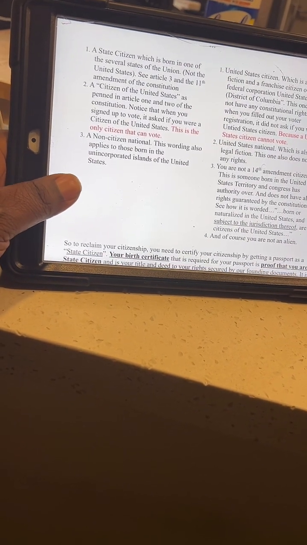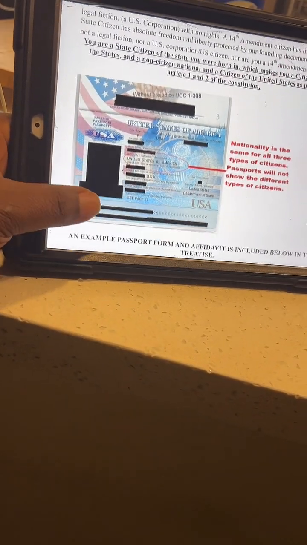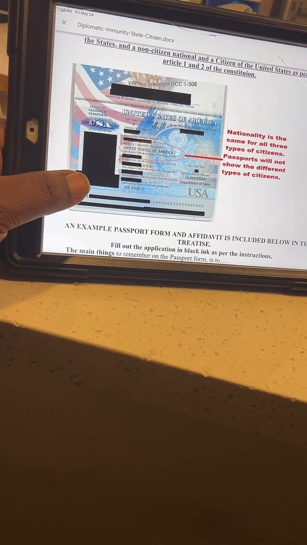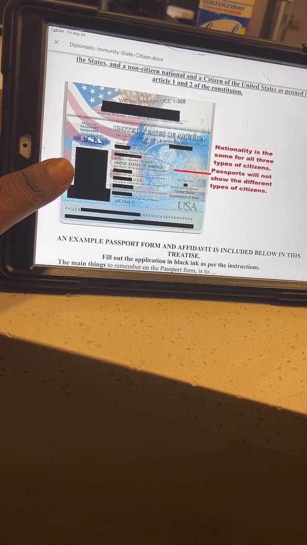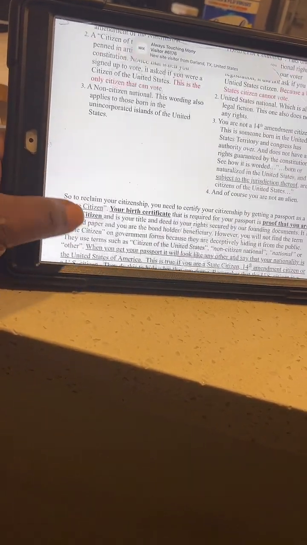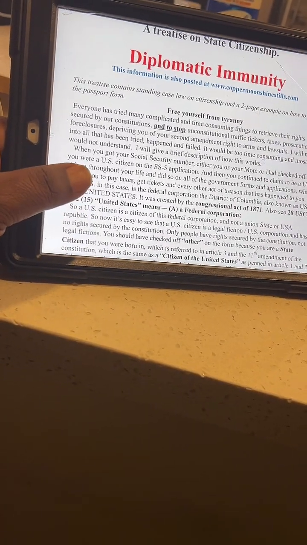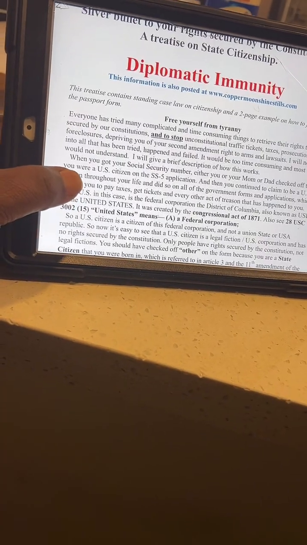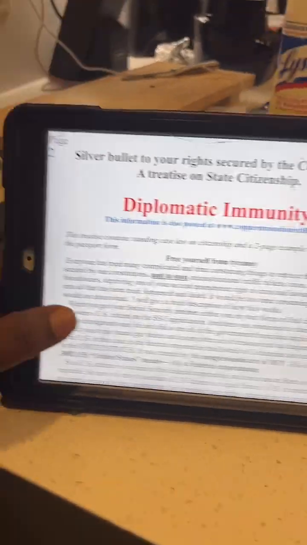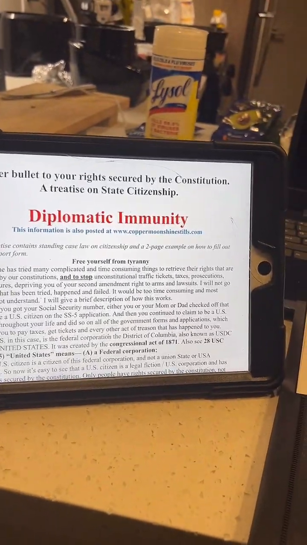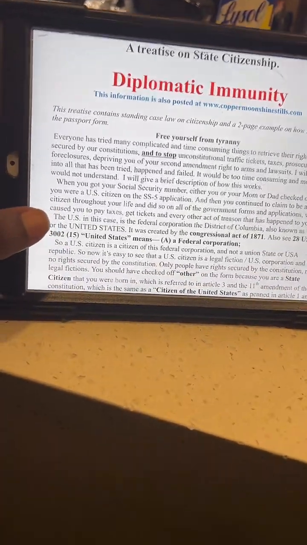Do y'all want me to read this out loud just so y'all can get somewhat of an insight on what to do? So you weren't born in the United States, because the United States is the corporation. You were born in the United States of America, which is the republic, as it mentions in this ebook. So I'm just going to read it. It even gives you a cease and desist letter to send to the IRS in Washington, D.C., for the Department of Treasury, I believe. So, yeah, it gives all the example sheets. You just have to edit it. You can use Microsoft 365 to edit it. But let me read it out loud. It says,